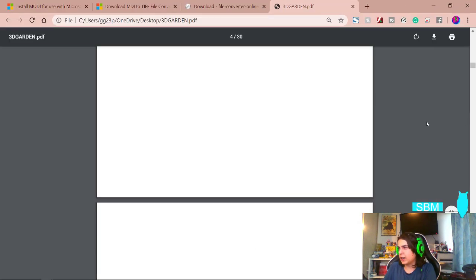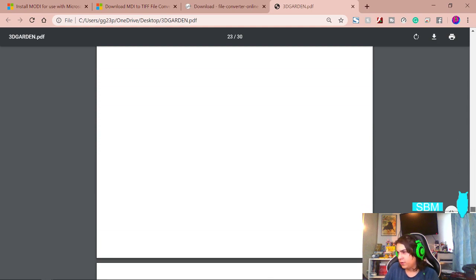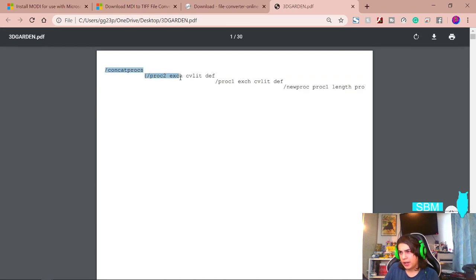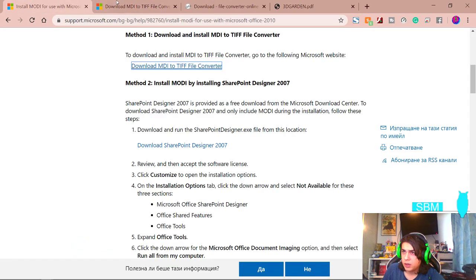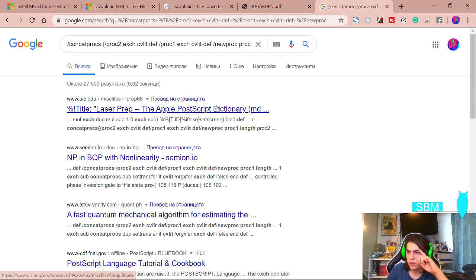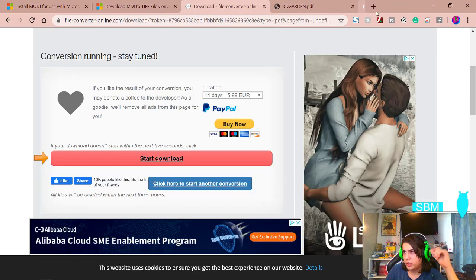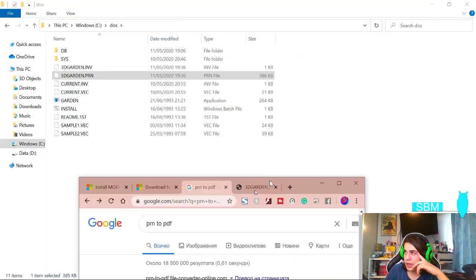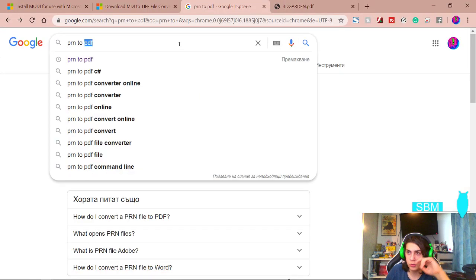Alright, so this is kind of what happens when we convert it into PDF. Contact procs. Alright, so a new proc, length proc. So I think this is the way the app kind of... Wait, I'm not sure, but this should be some way of... or this is a way, I guess, for the application, the gardening application, to save the files without taking that